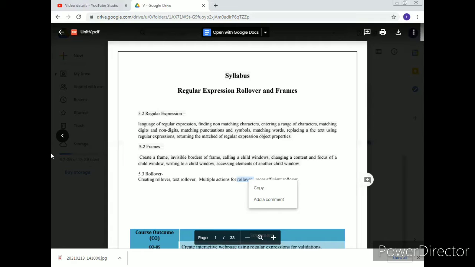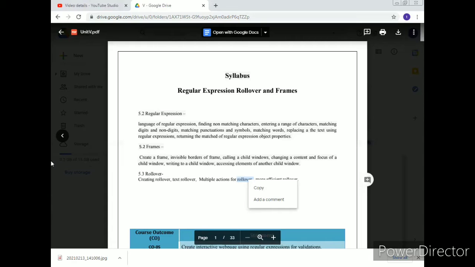The second part is frames. So you know what a frame is. A frame allows us to present a document in multiple views. So using frames, you can change the content of your web page.